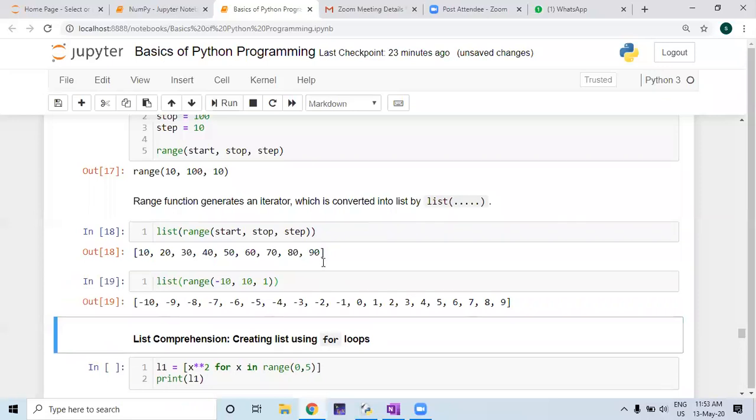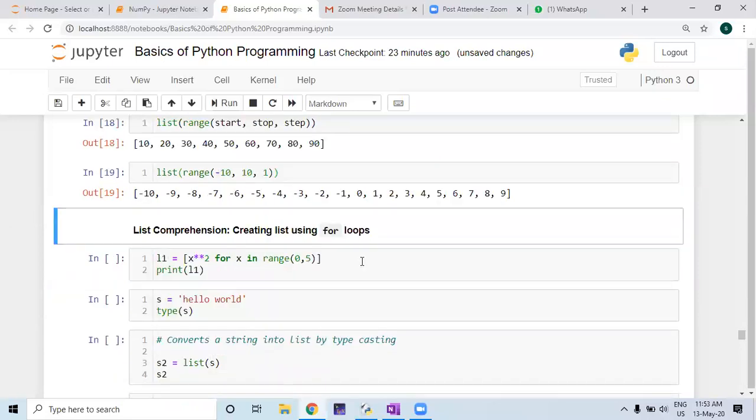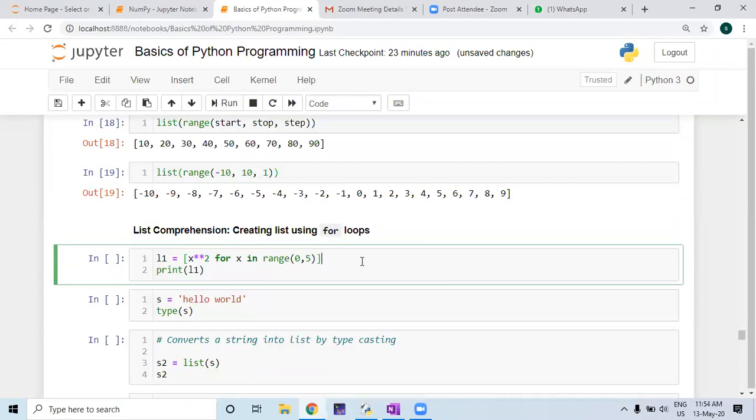This is a very important concept in Python, because in many codes we use this particular technique in solving problems where some looping actions or generation of numbers are required. Suppose I want to calculate the value of x in the range 0 to 5 such that the square of the x values is required.